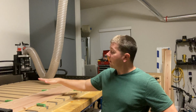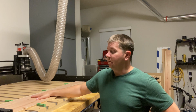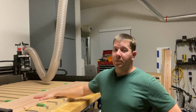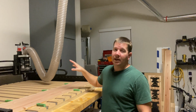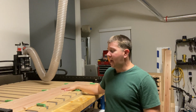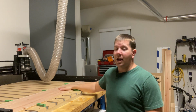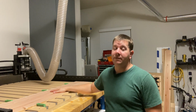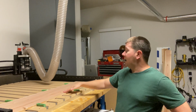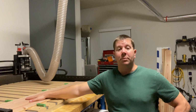Like, I understand wood can be flat to a planer, or it can be parallel from side to side. But sometimes that's just not the case when you're working with a more precise machine. I don't know what the variance is on a planer, but I know that this CNC has a very tight variance that it's accurate within,